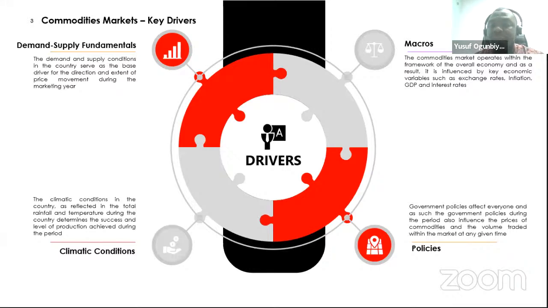In the event of a deficit, what you have is the popular story you see in economics textbooks. When you have more demand than supply, you expect that the prices will rally, right? You expect that the prices will go up, which is what we've seen on a number of occasions. So if you remember the time when tomato prices went up because of some disease that we saw in the north, we saw people buying just 3 pieces of tomato for as high as 200 naira then. So you expect demand supply fundamentals to play out in affecting prices.